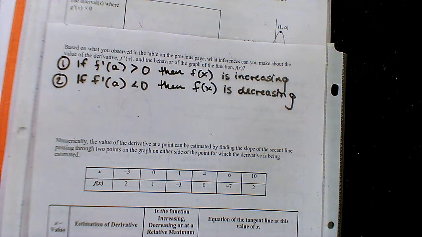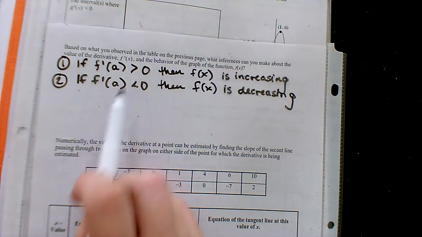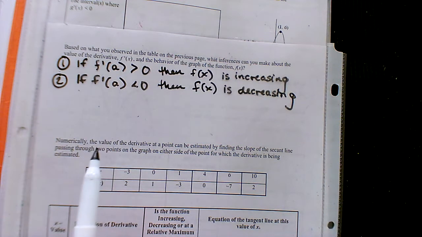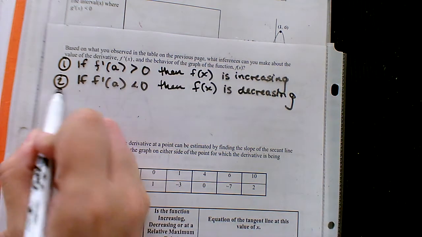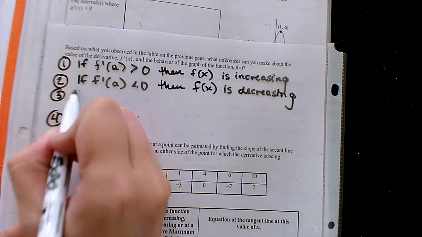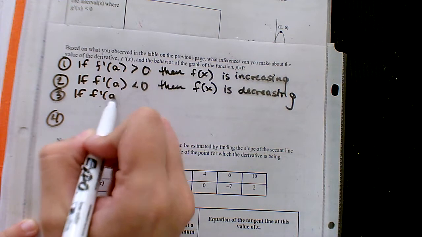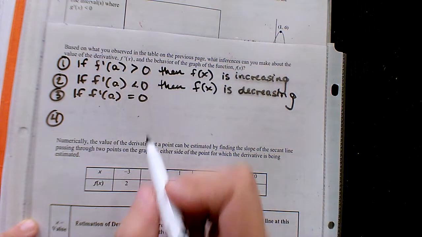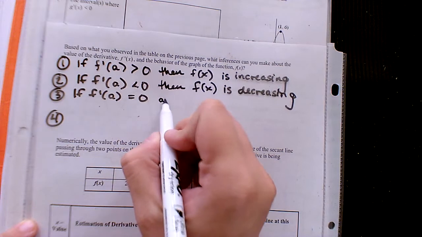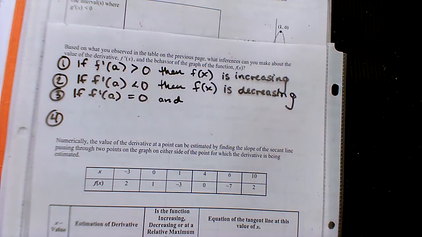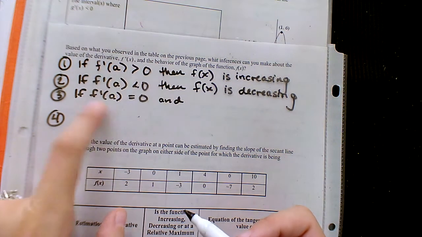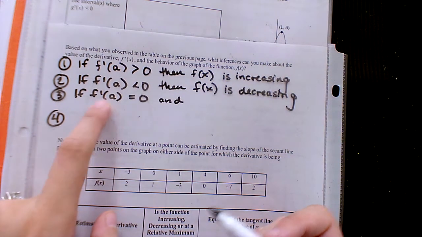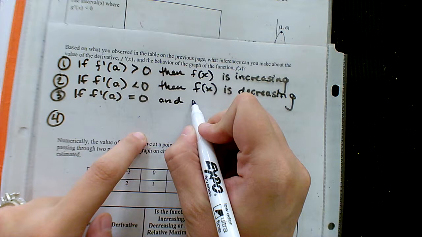All right, now the third one was if the derivative or slope was equal to 0. We kind of had that max or min pop up. So we're going to look at those two options. So if the derivative at a specific spot equals 0, and, okay, so if it equaled 0 and then had some type of change like Griffin noticed, we created a max or a min. So if the derivative equals 0 and